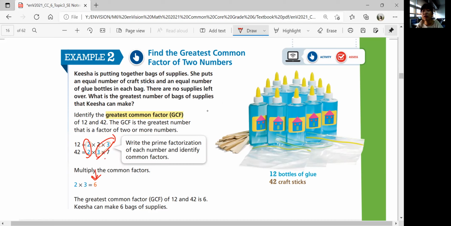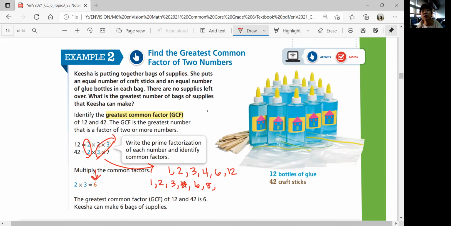If you don't know how to do this, you have to list out all their factors. 12 will have 1, 2, 3, 4, 6, and 12 as all their factors. 42, 1, 2, 3, 4, 6,